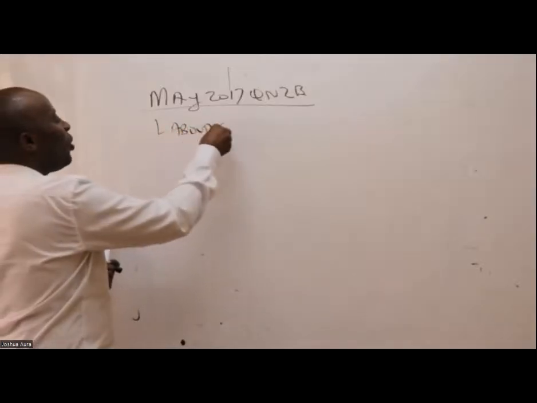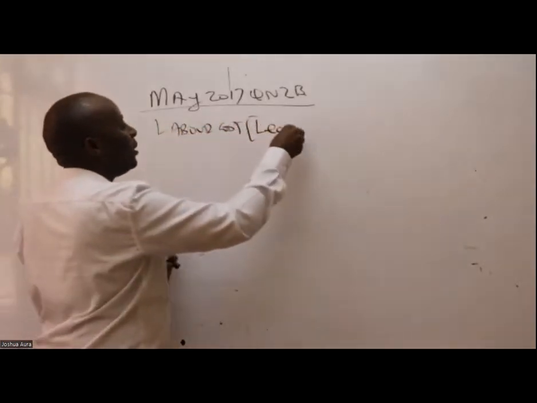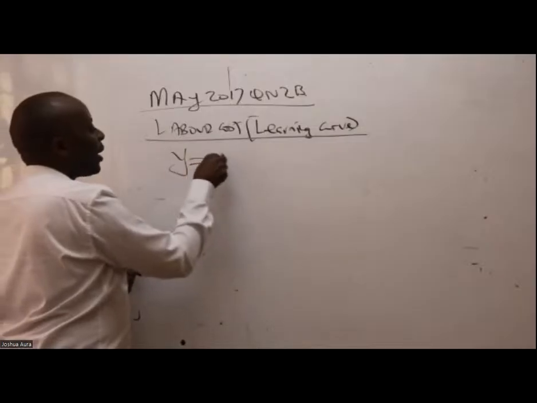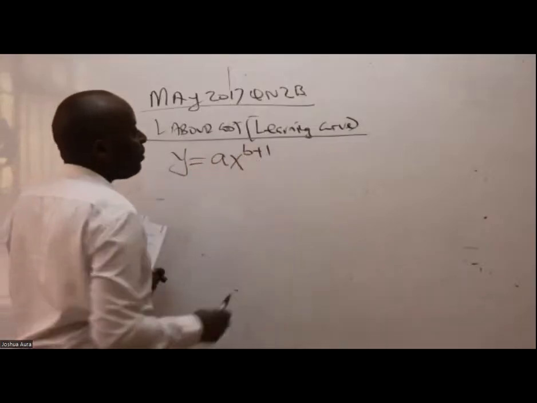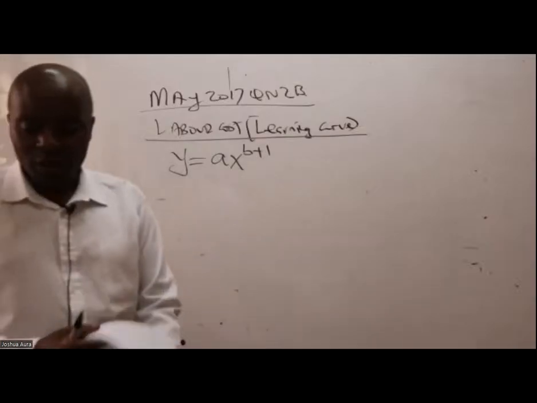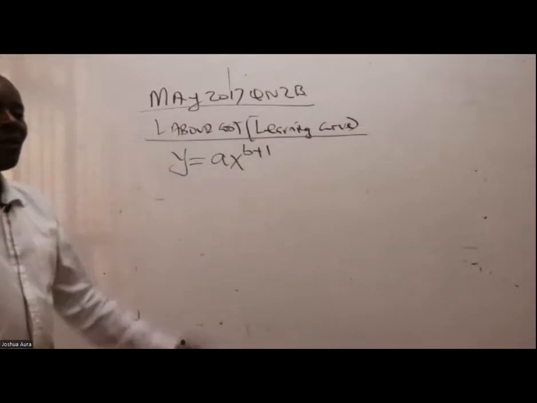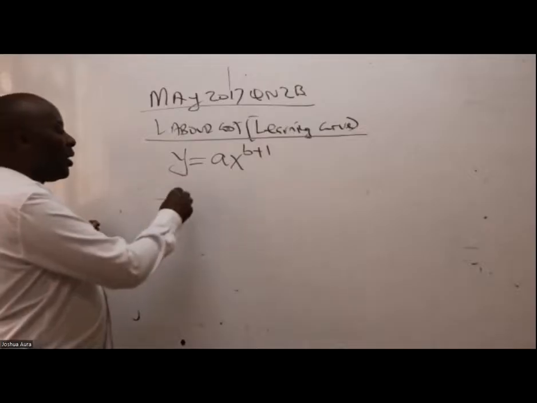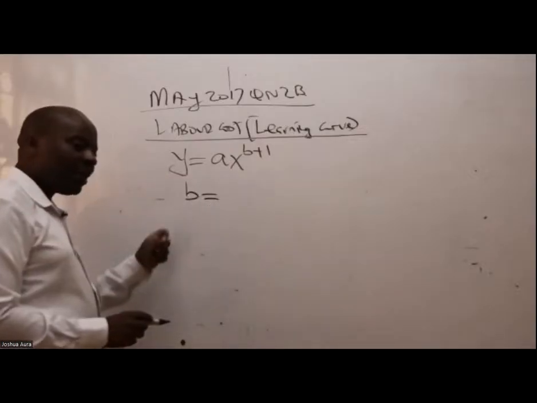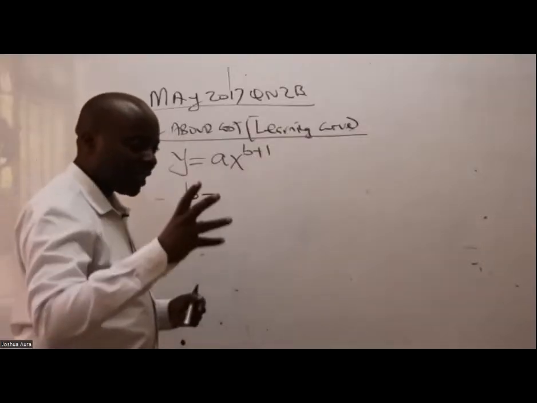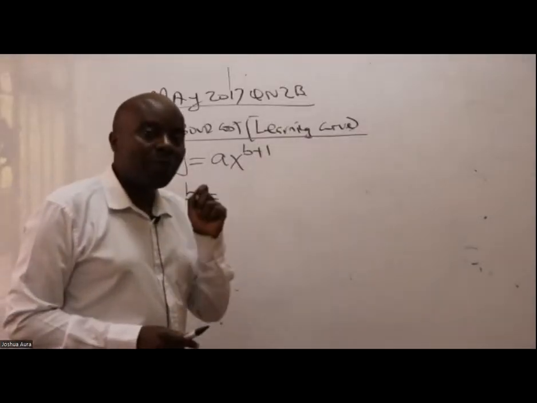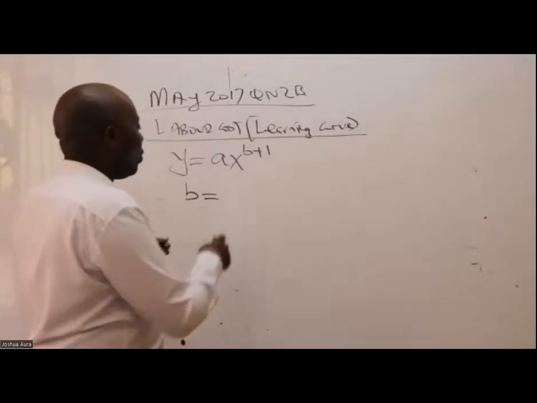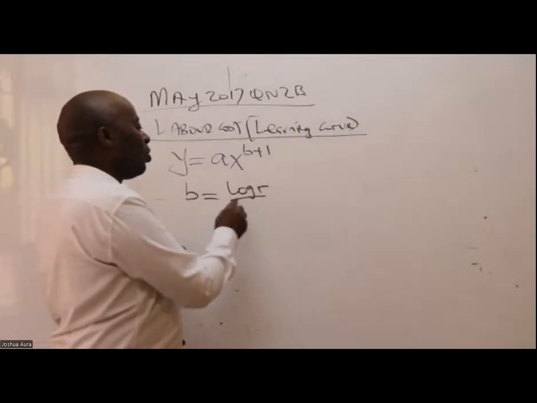So to get the labor cost, because we are told that there is a learning curve, the first thing I'll do is to write there Y equals aX raised to power b plus 1. That is the first thing you do for predicting this. And then I would want to get b. To get b, remember, sometimes the examiner will give you the value of b. But to be on the safer side, we would expect ourselves to remember the equation. So in this case, b will always be equal to log r over log 2.